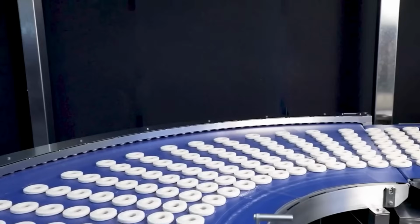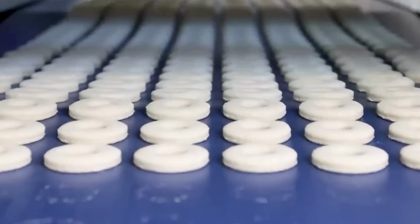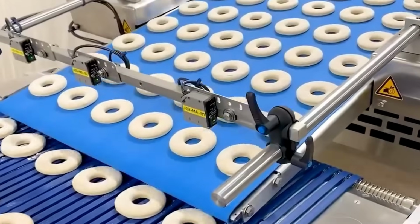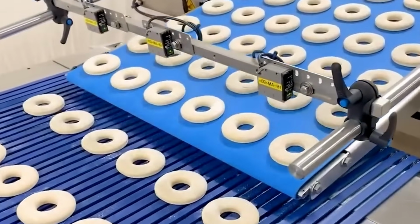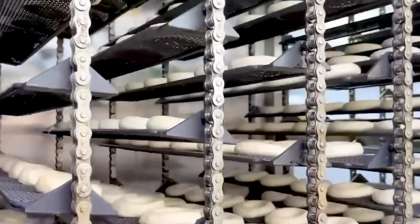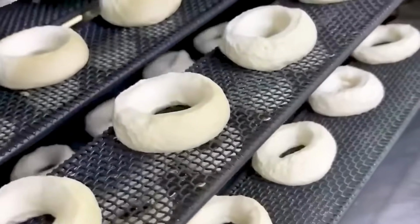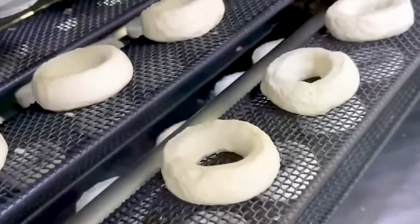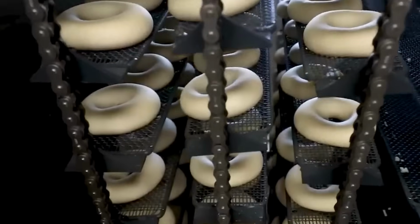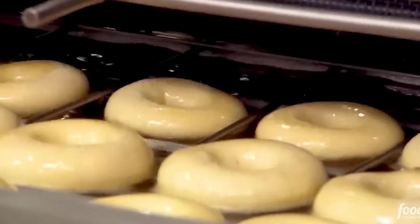Next, the shaped donuts head to the proofing chamber. Proofing is where the magic of fluffiness happens. This step gives the dough time to rise, develop air pockets, and become soft and spongy, the kind of texture that practically melts in your mouth after frying. After rising for a specific period, under controlled temperature and humidity, the donuts are ready to take a hot oil